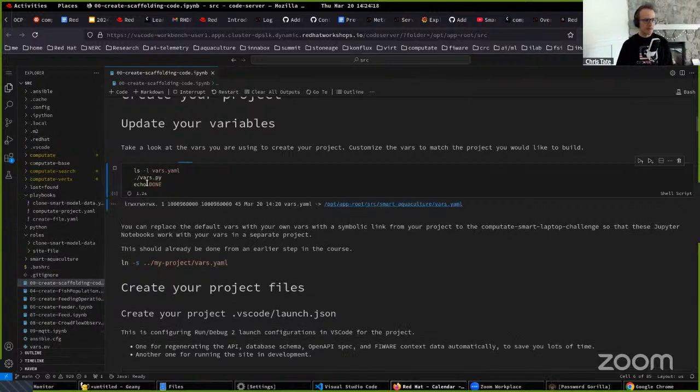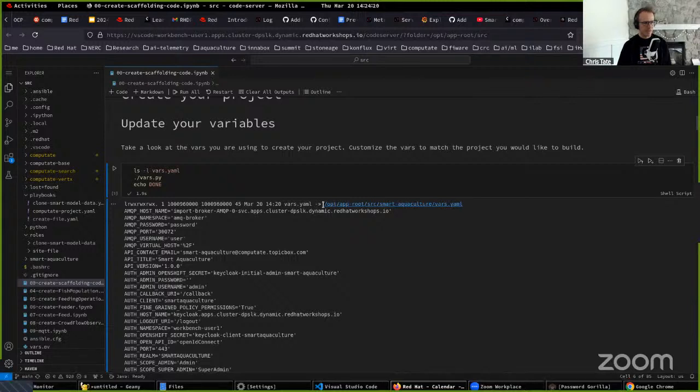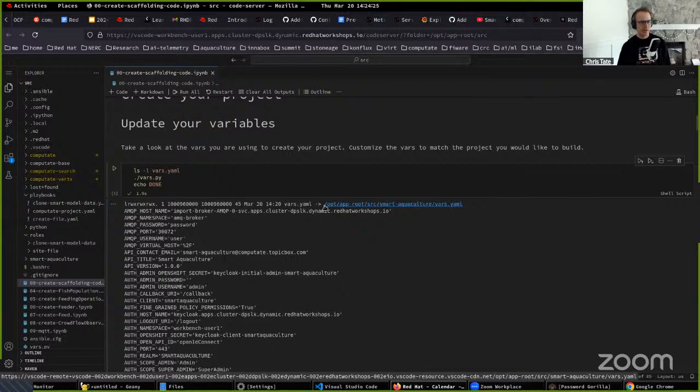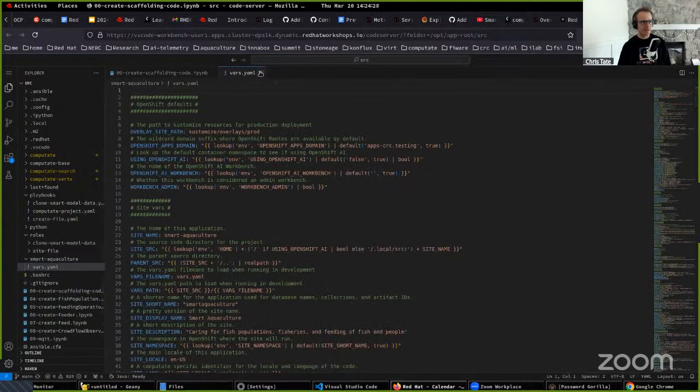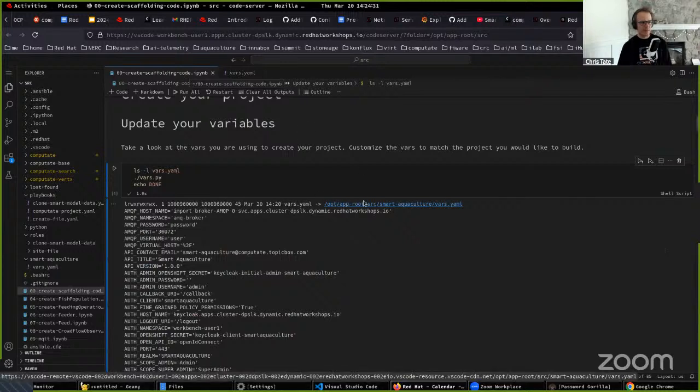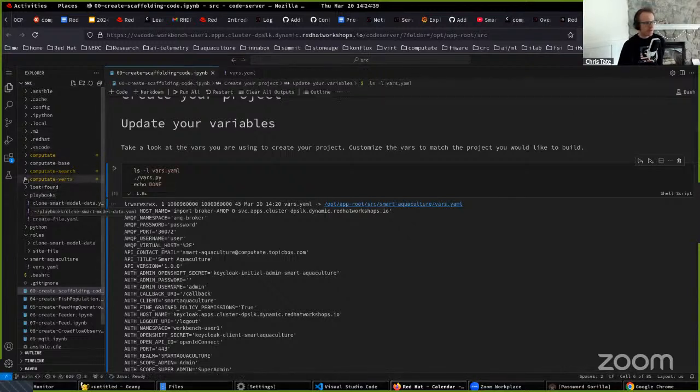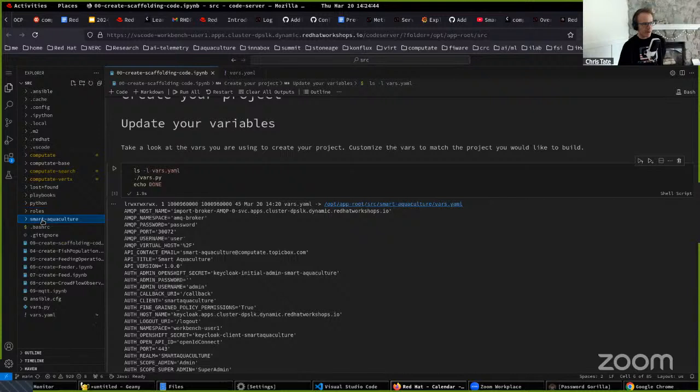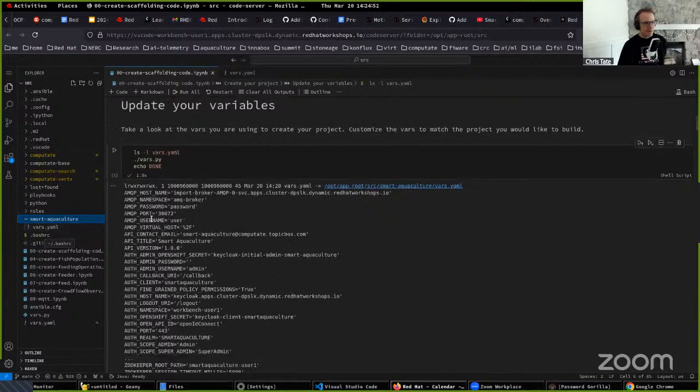and this shows you where the vars are defined. The home directory for this workbench, which is actually a Linux workbench, is /opt/app-root/src. And then we cloned a project called Smart Aquaculture, which is right here. This is the Smart Aquaculture project. The only thing in it is this file called vars.yaml. So the vars are defined here, and